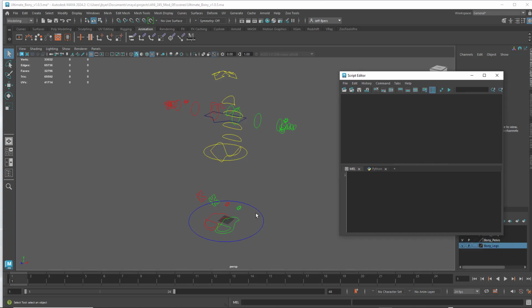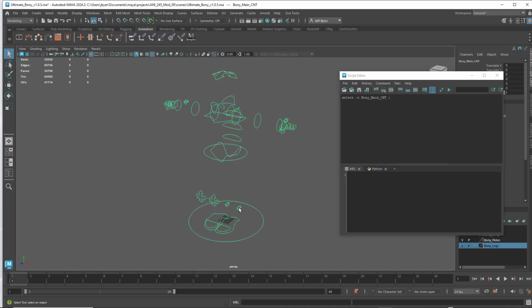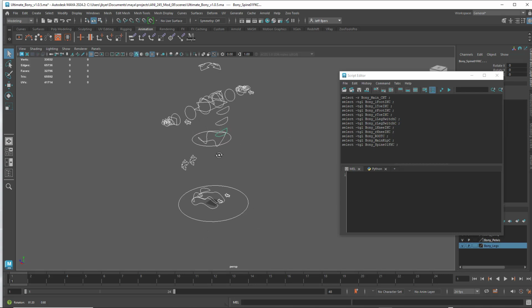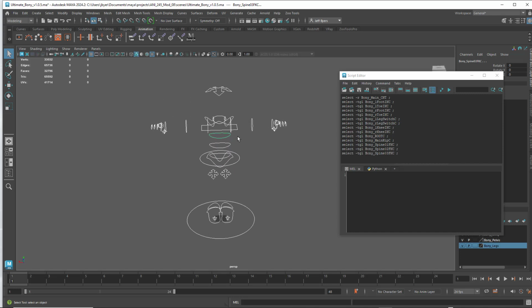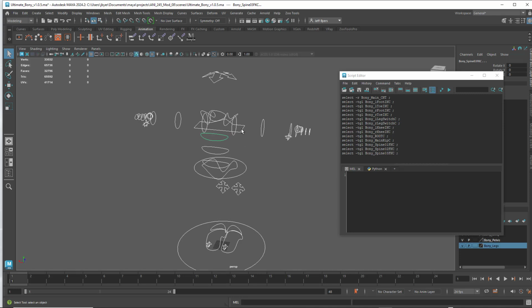Okay, and then what you want to do is just start with this open. You want to hit the Q key and click on the first one here, and then shift select each one of these, as you're holding down the shift key, and continue selecting these, just like that. And I'm going to rotate around so I can see what I'm doing here. Holding down the shift key, there we go, and rotate around. I'm just going to hit all of these. Hold down the shift key, continue holding it down,